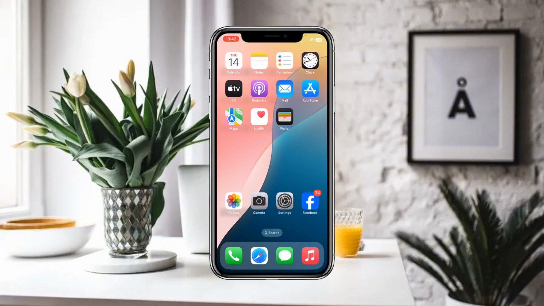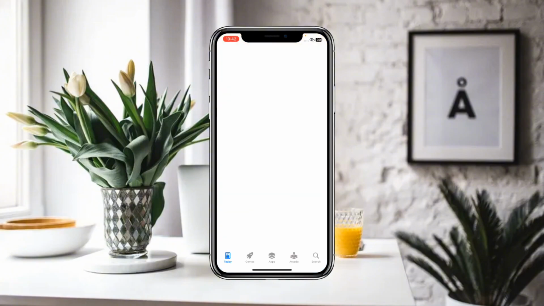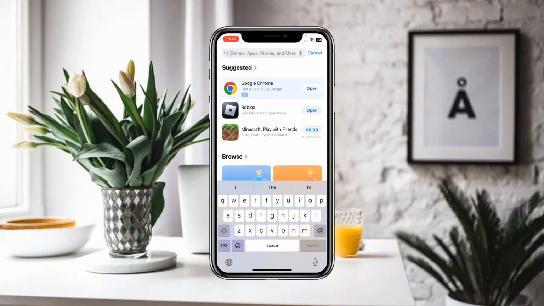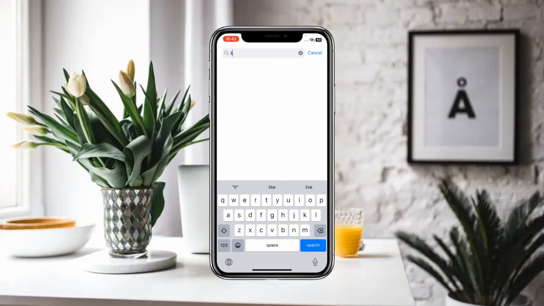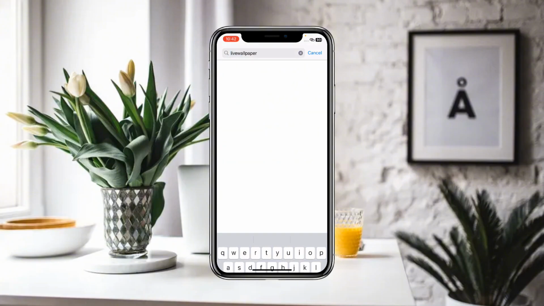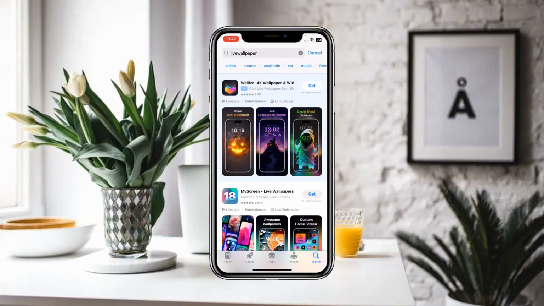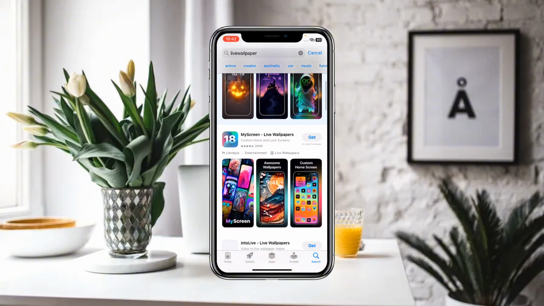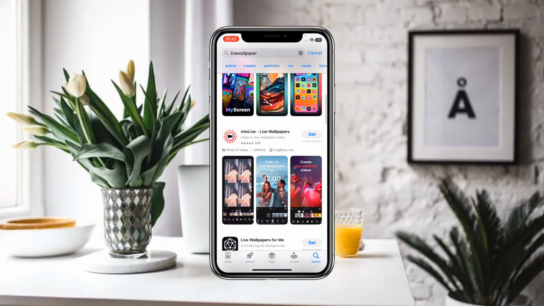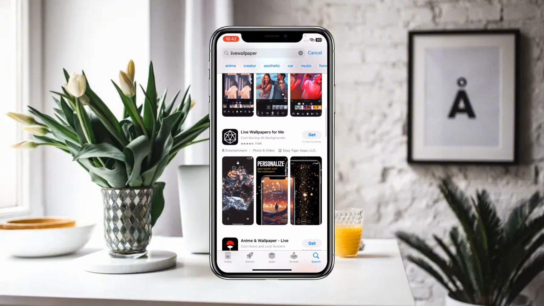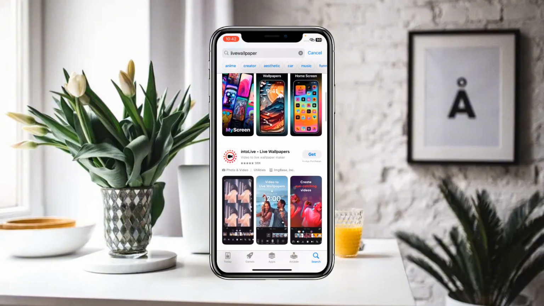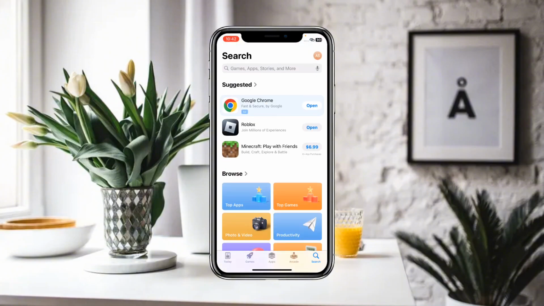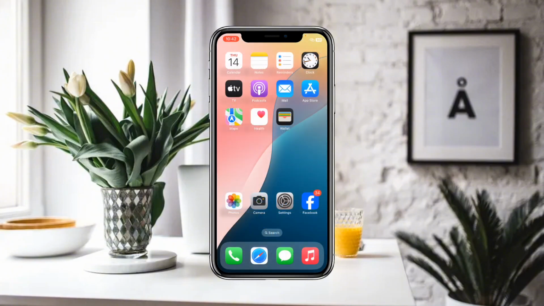And the next thing you can do is simply search in the App Store. Here you can simply search for a live wallpapers app, and you can simply download wallpapers from that app. You have to simply click on that, and you will find many live wallpapers. So if you want to set a live wallpaper, you have to make sure that you check the app first, and after that you can simply set the wallpaper. Otherwise there is no option available to add a live wallpaper on your iPhone without any kind of